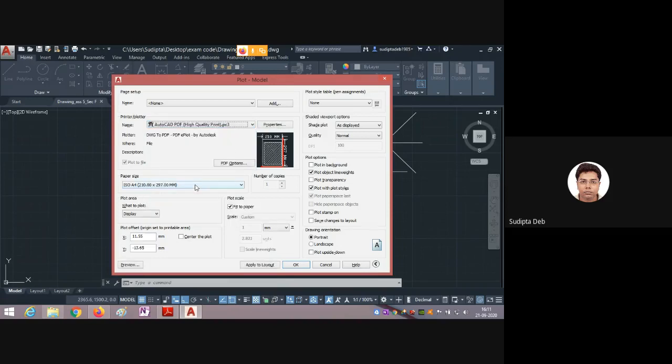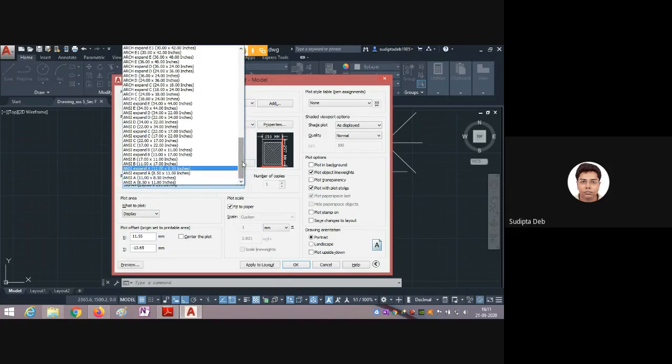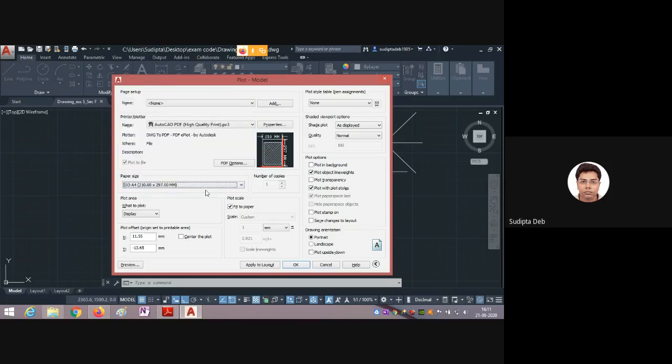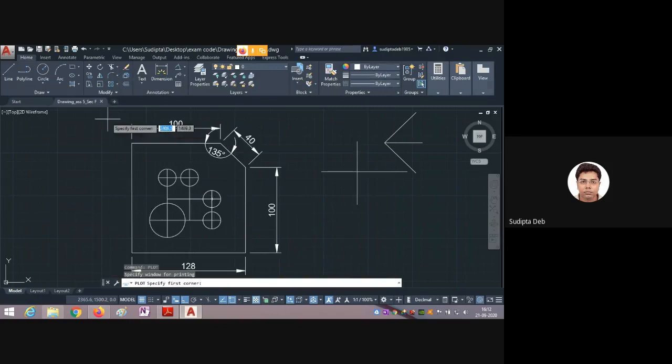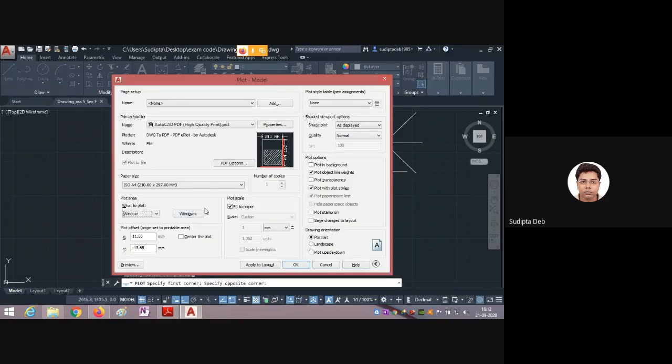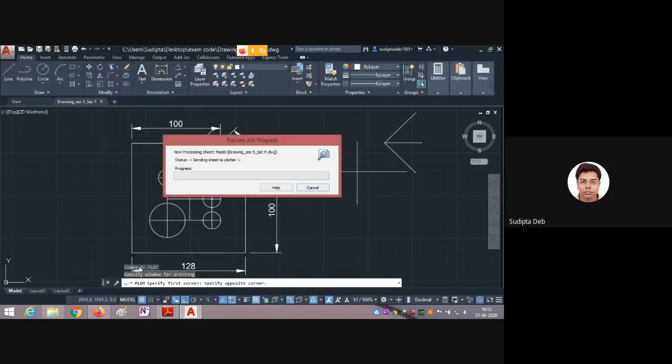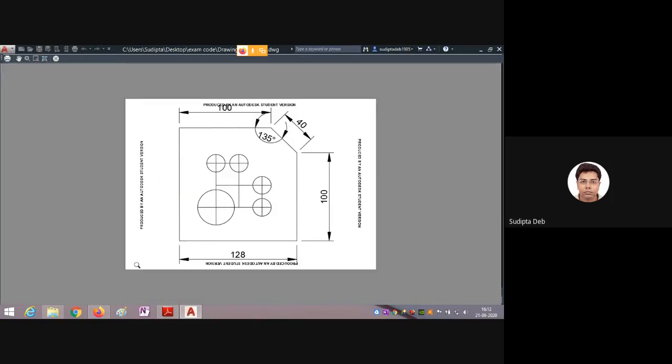I also have to select the page size from this section, A4. Display window: I am selecting the window from this to this, and landscape. I am taking center. You can see the preview. Now you can take the printout.